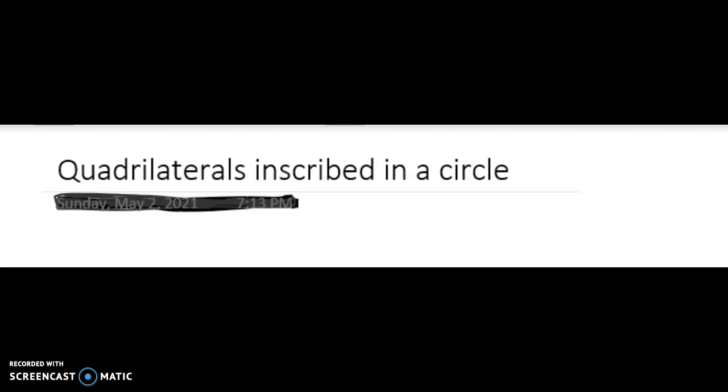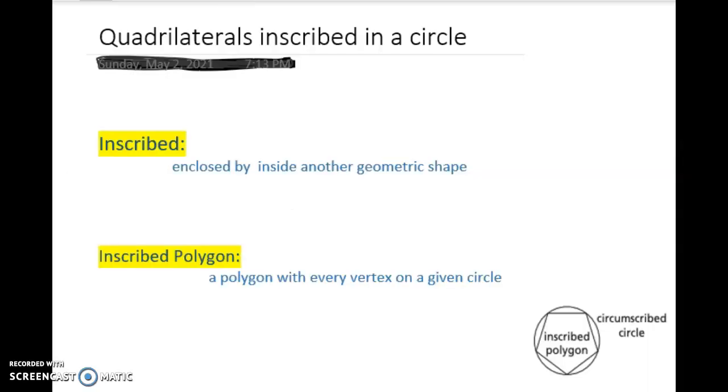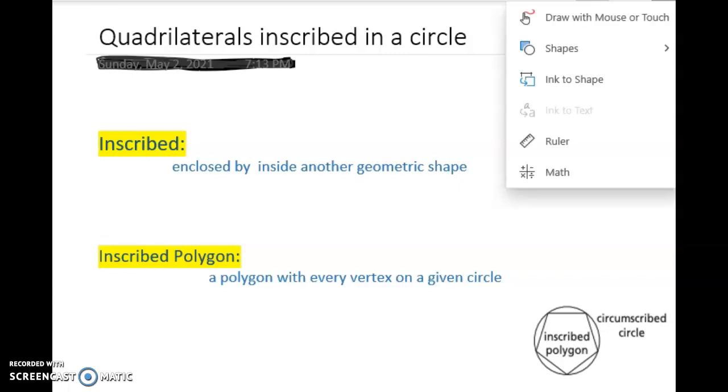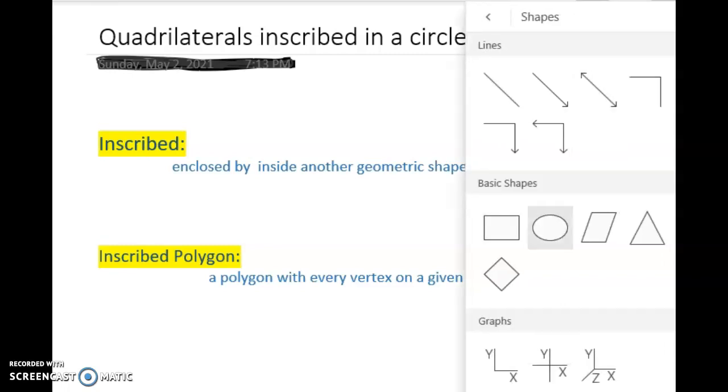Hi there. Today we will talk about quadrilaterals inscribed in a circle. To understand this, let's get started with understanding the word inscribed. The word inscribed means enclosed inside another geometric shape. What does that mean? That means if, let's say, we have a shape,